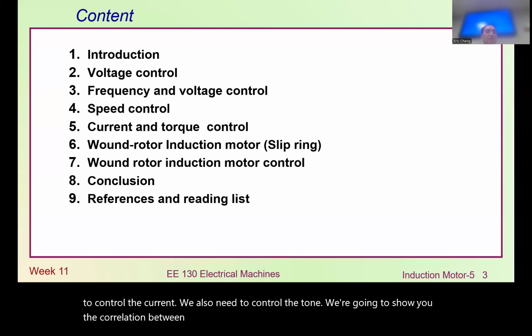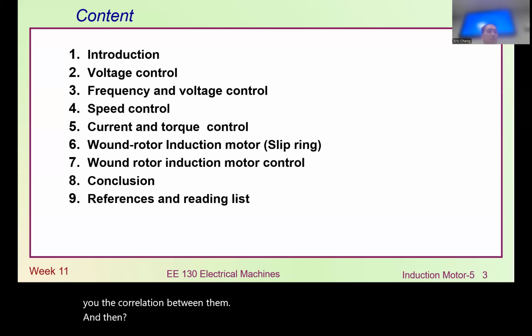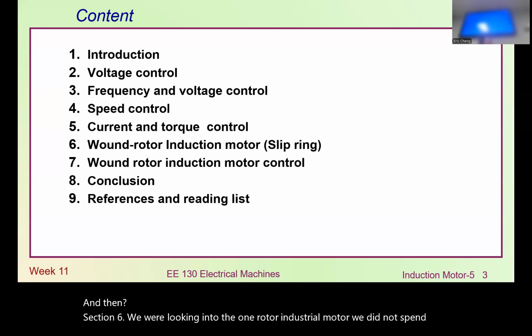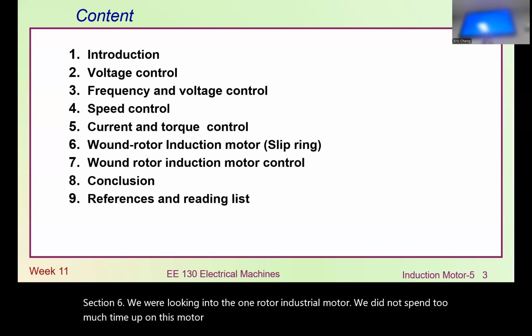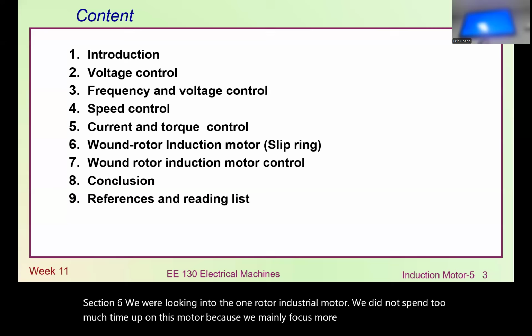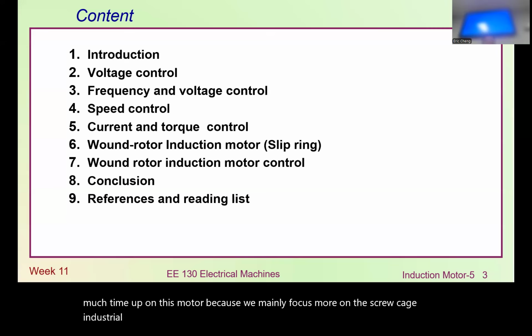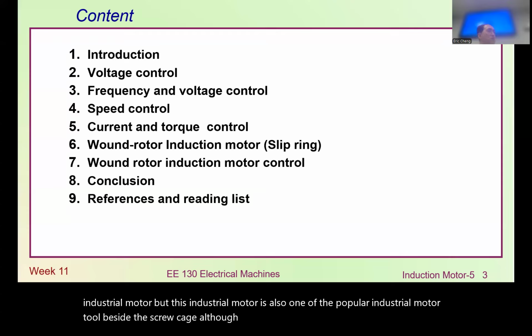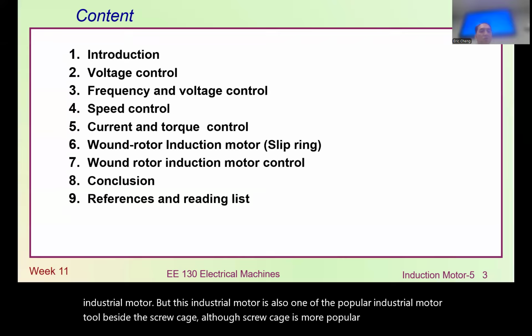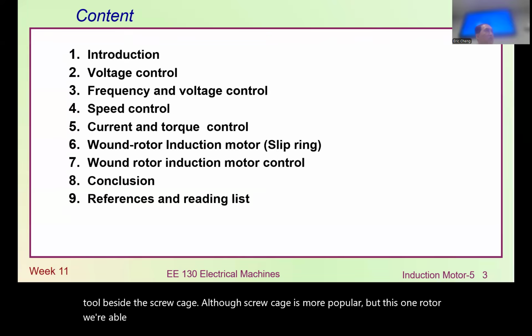And then section 6, we're looking into the wound rotor induction motor. We did not spend too much time on this motor because we mainly focus on the squirrel cage induction motor. But this induction motor is also one of the popular induction motors, besides the squirrel cage. Although squirrel cage is more popular, with this wound rotor, we're able to connect the rotor circuitry to an external